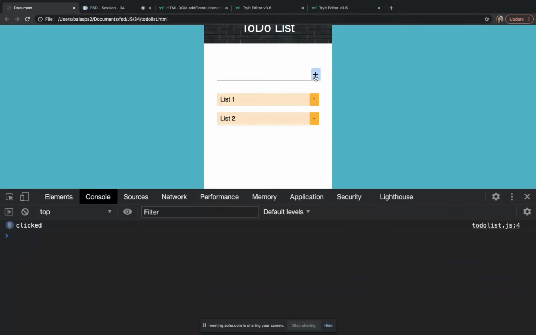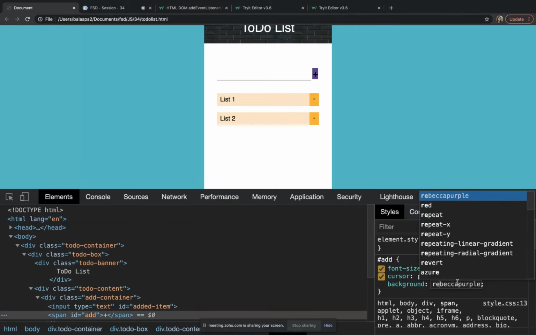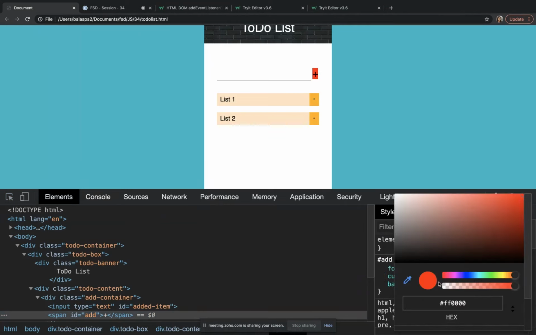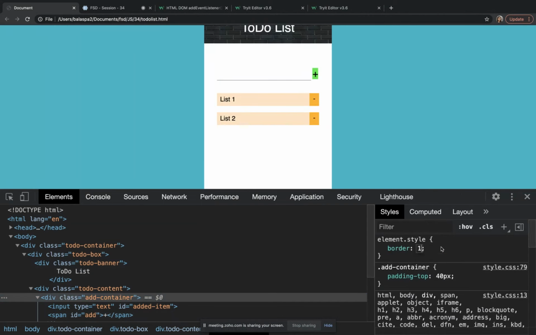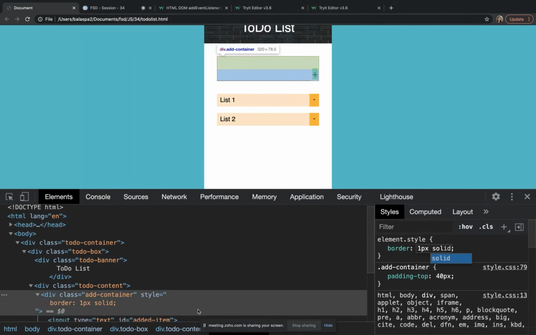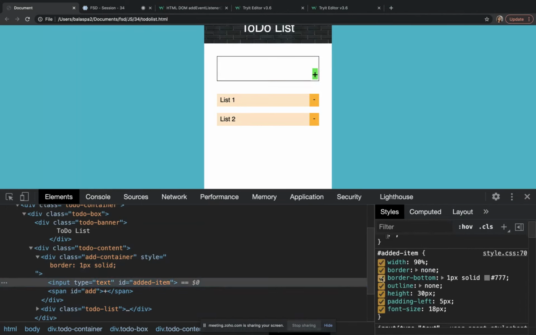So when I'm clicking on it, we can add some styles here also. I think background. If I'm adding, I need to add some styles to it.